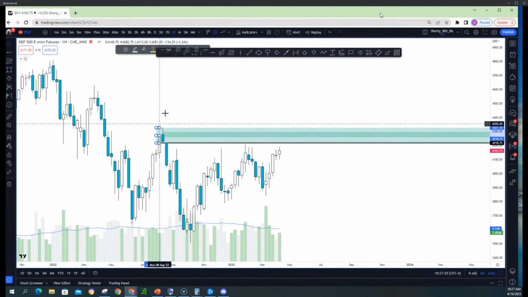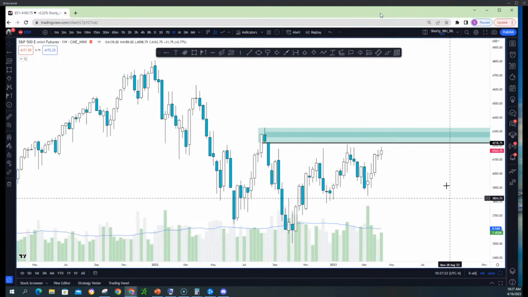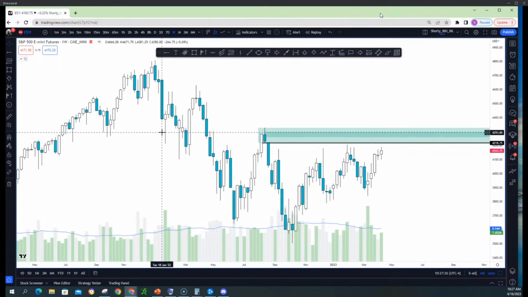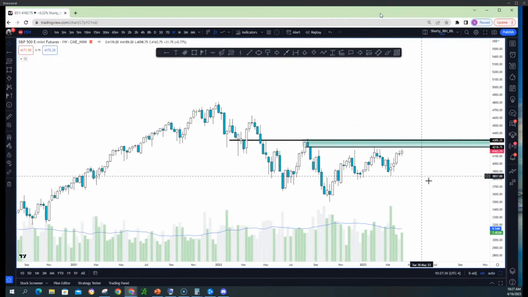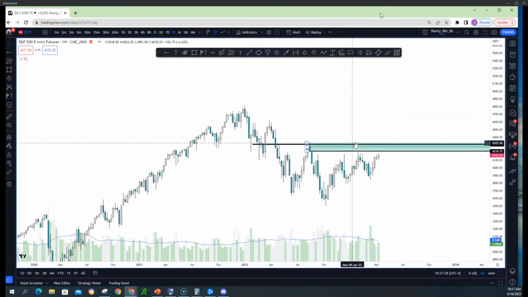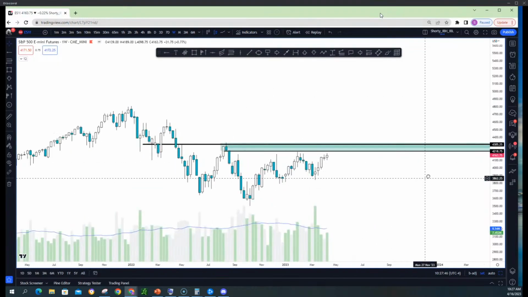These would be the levels that, if you're able to take this out, which is again the 4,300 level that we've had for some time, if you're able to break above here and hold it, don't lose that level, I think the market sentiment would shift. This would be a really nice shift in the sentiment from the weekly, and that's the higher time frame I look at the market on.